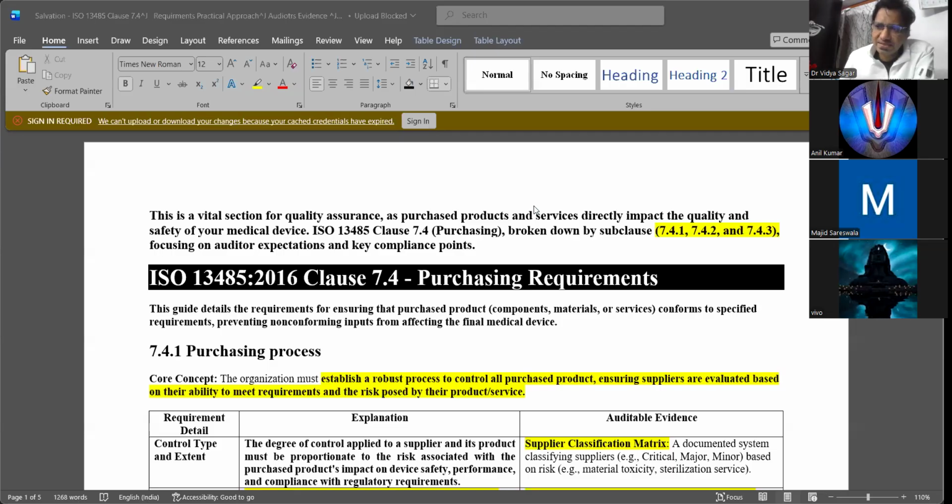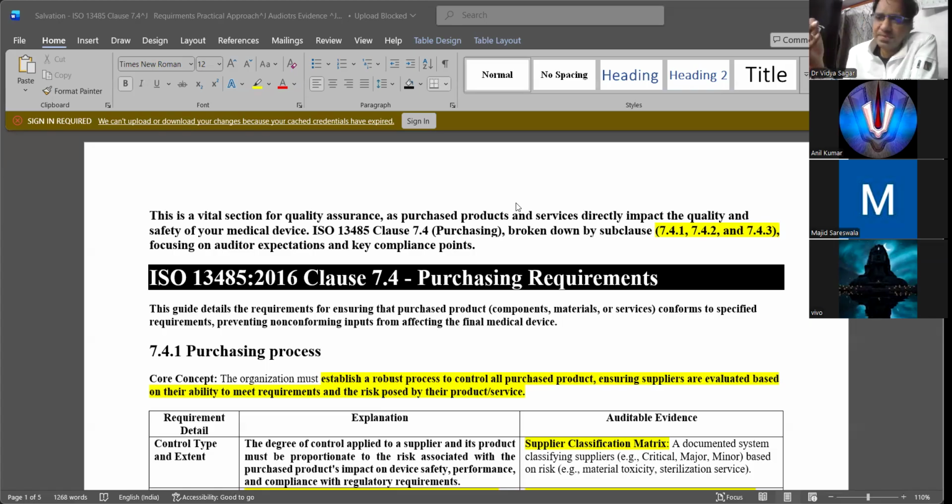When I was reading the MDSAP documents, not ISO 13485, I saw in the risk grading, on the impact of the risk on the devices, that these purchasing requirements were included among those which have an indirect impact.